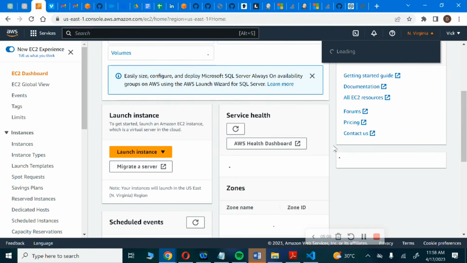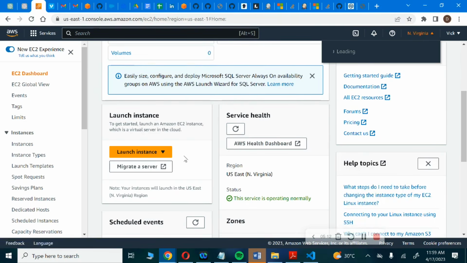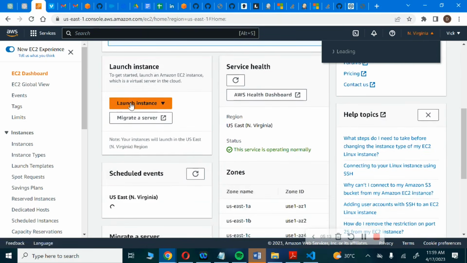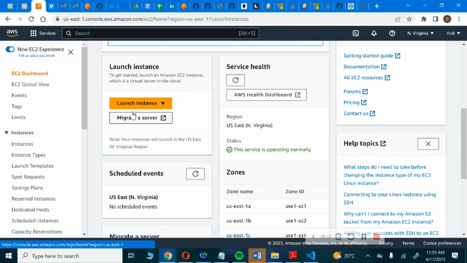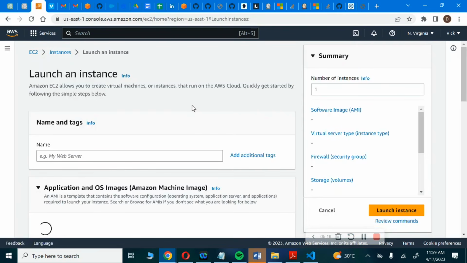Let me see. US East 1. This is my network, but it's slow. I'll just manage it. Let it come up. Is the Terraform file in what we just cloned? Is the Terraform file used to create the